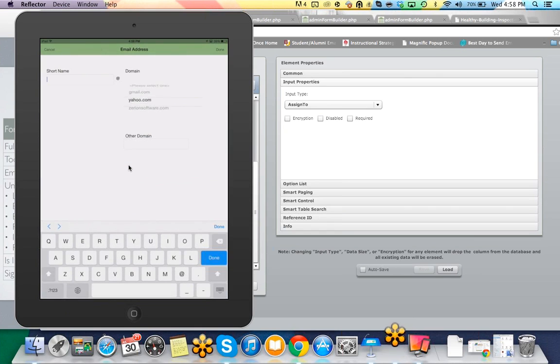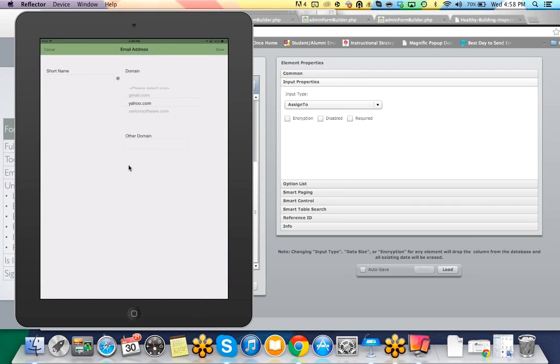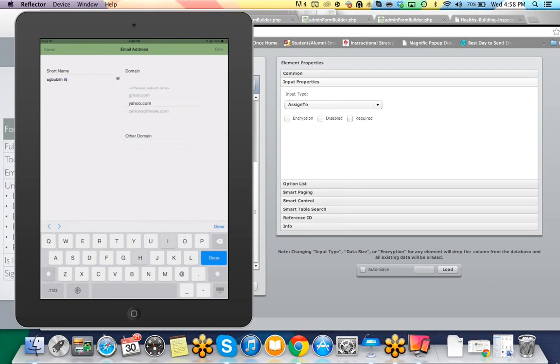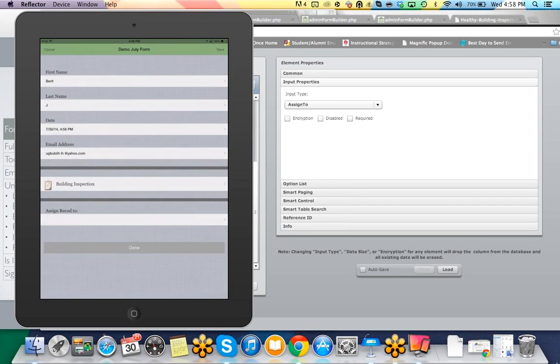Okay, so I've put in the divider, and I want to add a subform right under this divider. So I'm going to add my new input, and I'm just going to call this building inspection. I'm going to go into my smart paging again, go into my input properties, select subform, go into my smart paging, and I should see